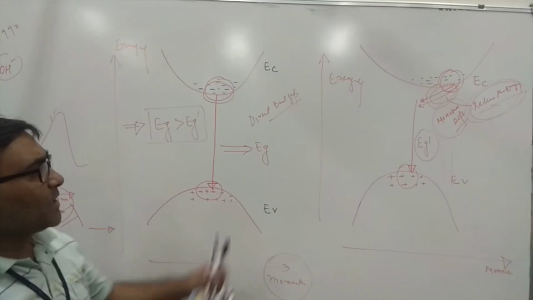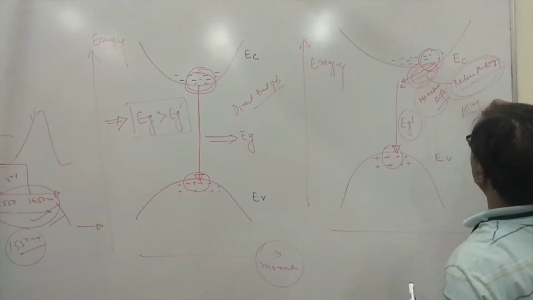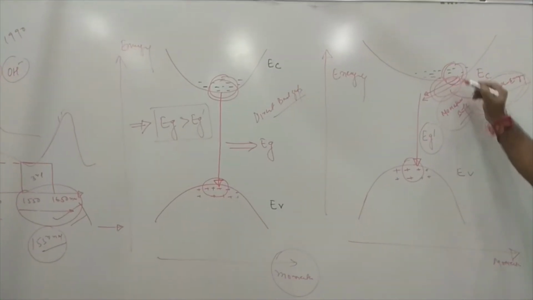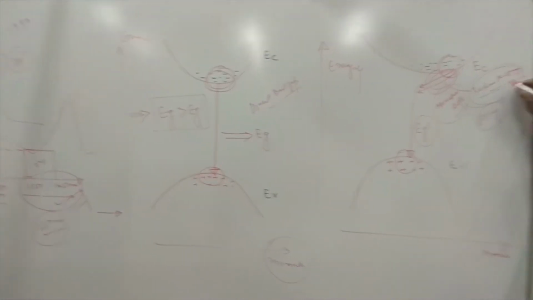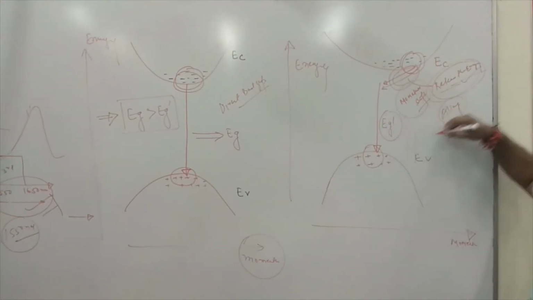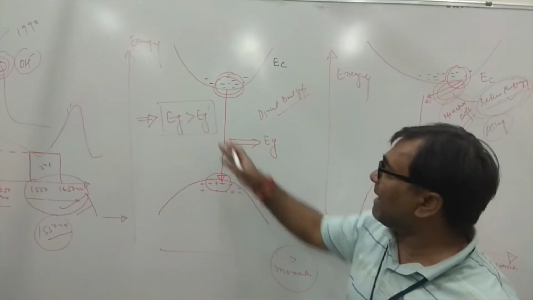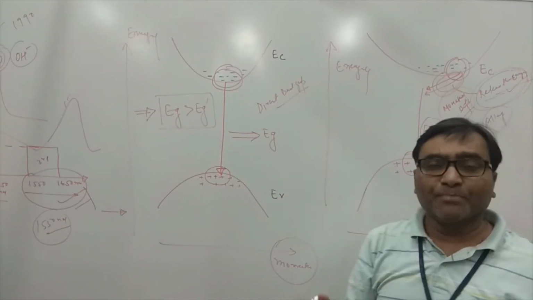So why this alloy? This is the combination of alloys. Indirect band gap materials, silicon and gallium, are different. So in alloy combinations, what is the difference? The momentum shift releases energy, right? So the energy gap in the direct band gap is greater than Eg dash, and we know that